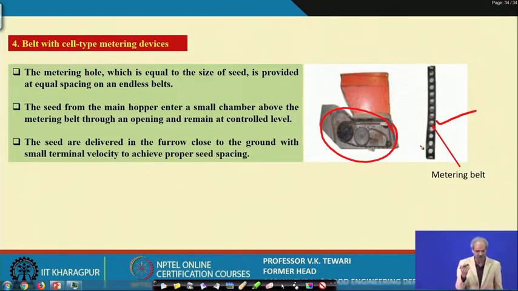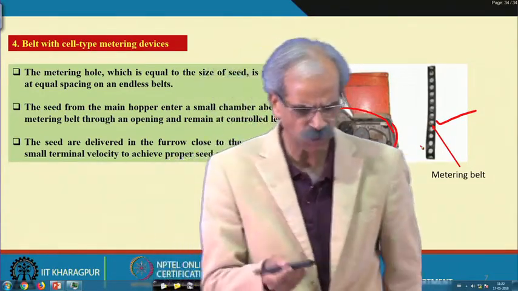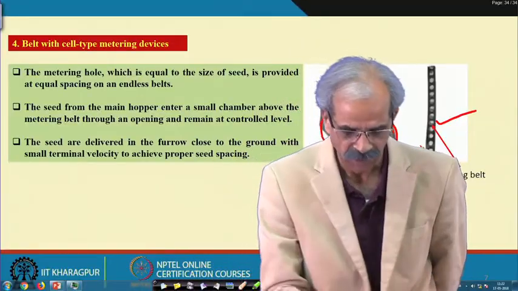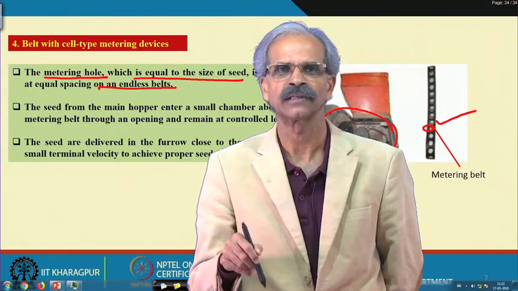Just like one Stanhay seed drill, which uses different types of belts. Just have a look at what the main important things are. The metering hole we are talking of is equal to the size of the seed, and it is an endless belt. Yes, of course, an endless belt as I described here. This will keep on moving, and as and when the seed is trapped and comes to the location, it will be knocked off at that place in the seed